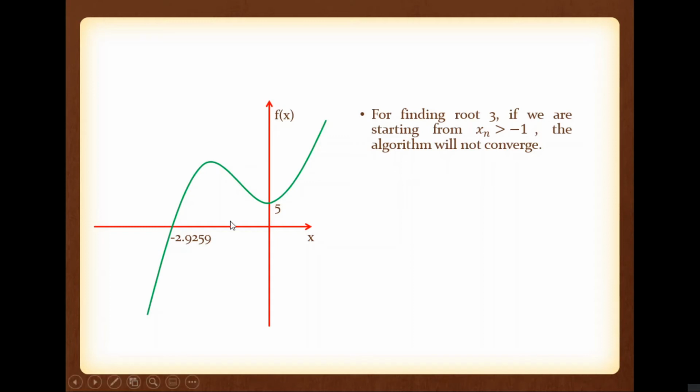You can see that here you have a local maxima and local minima. It is not continuing like this way. If this curve is continuing like this way, then it will have only one root. But you can see that this is continuing up to this point, then suddenly the f dash of x is changed. Up to this point f dash of x is positive, then that one is becoming negative up to this point. Then suddenly it is again increasing. So 2 points means a maxima is there, a minima is there.